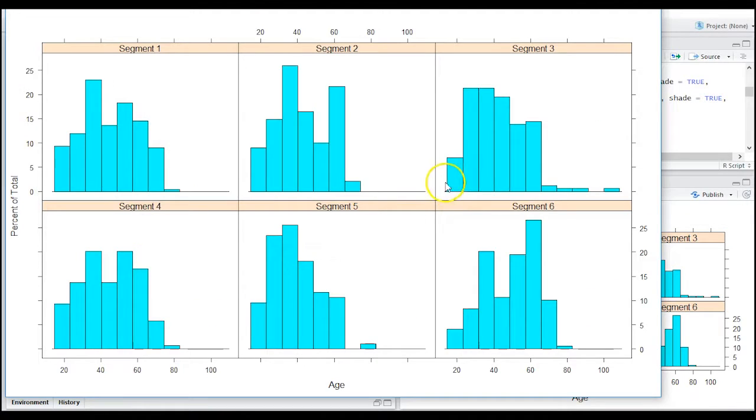So this is what the lattice plot looks like. For each segment we get a histogram, and each of these subgraphs is called a panel. The advantage of lattice is that it uses the same limits for the x-axis, where we have age here, for each of the panels, and it uses the same bins for each of the panels. That makes it easier to compare. And here the height is the percentage of total which are contained in each of the bins. Overall it's very hard to see any strong differences between segments in age,